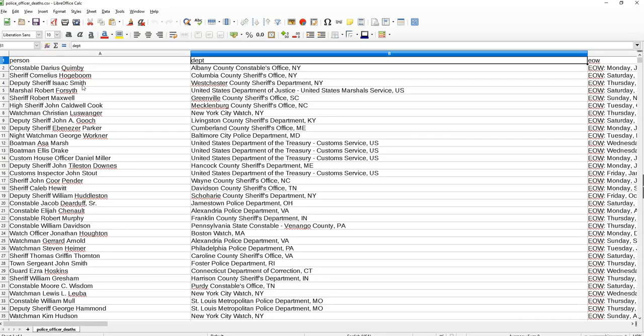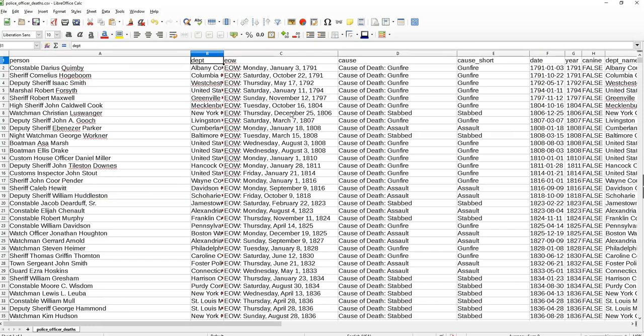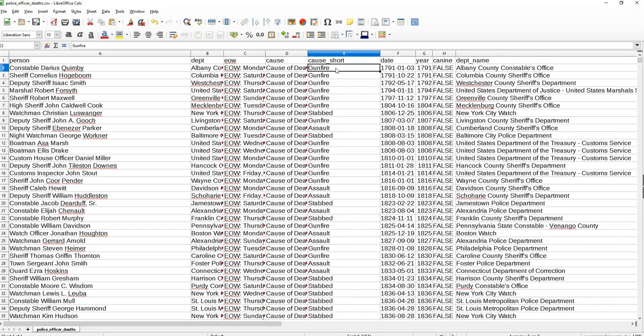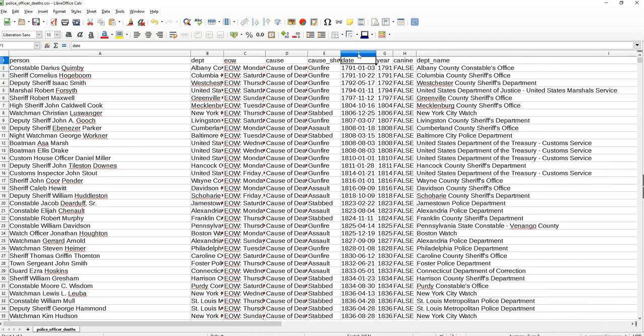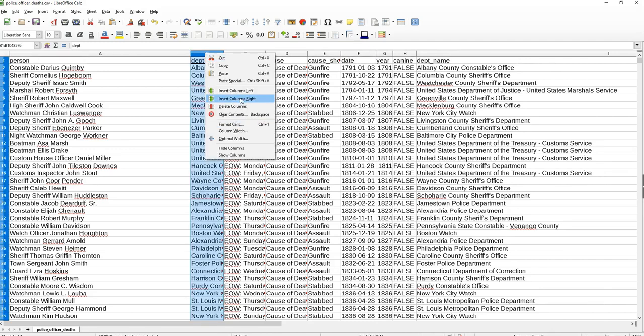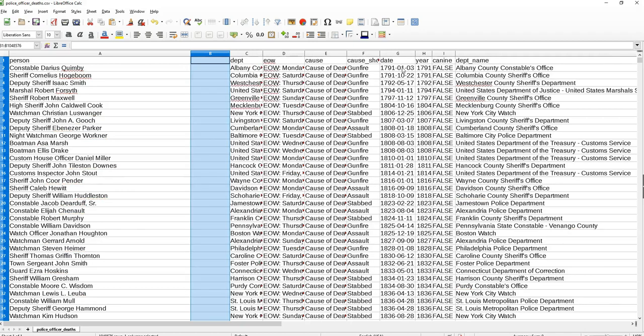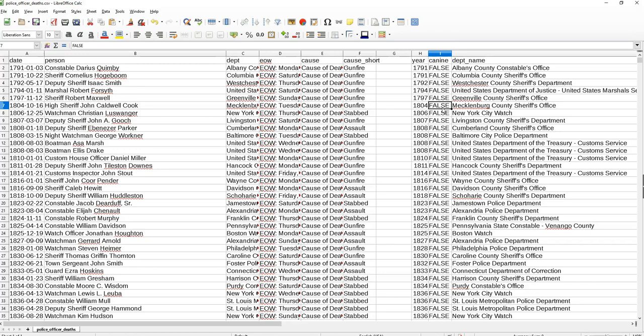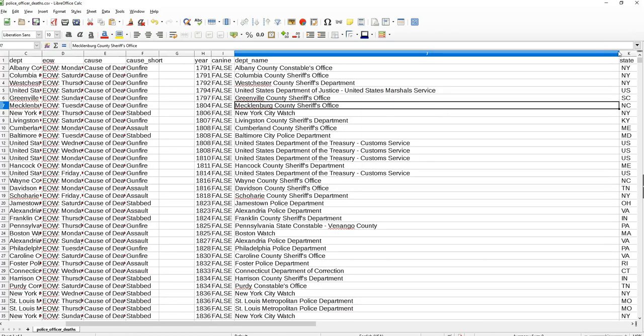We have the officer who died, the department they worked for, their end of watch, so when they died, their cause of death, a short version of their cause of death, the date that they died. So this is going to be important. We're going to only want to look at certain dates. So I'm going to pull that all the way to the edge. Whether or not it was a canine officer, so later on there could be canine units. The name of the department